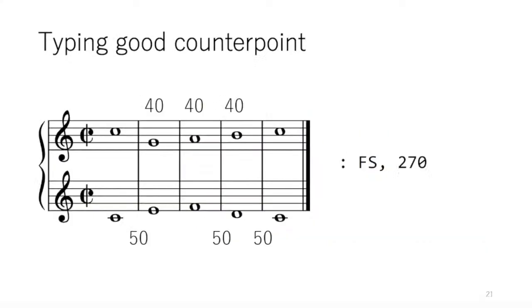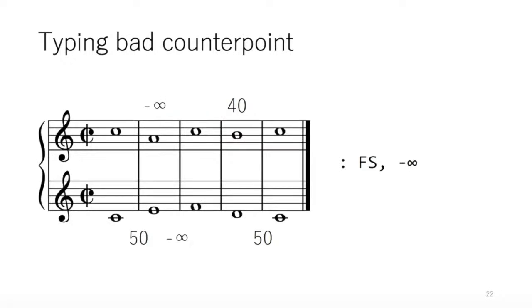Okay, so let me show you how the typing rules work for our counterpoint examples. This is the most correct one. On the top, we have the weights associated with rules on individual bars, and on the bottom, we have weights associated with rules on adjacent bars. Since this example does not break any rules, the summands are all positive numbers.